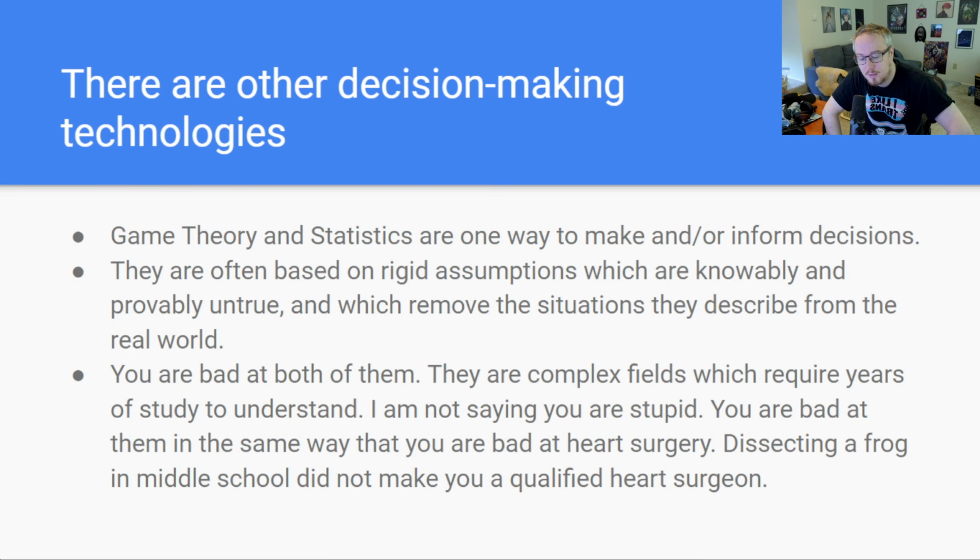I think one way of framing the golden rule is just: treat others how you would like to be treated yourself. That isn't in game theory and statistics. Game theory and statistics do not state treat others as you would like to be treated yourself. In fact, they specifically state not to do that.